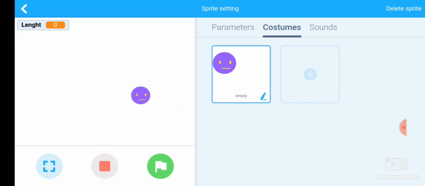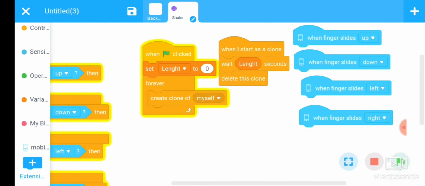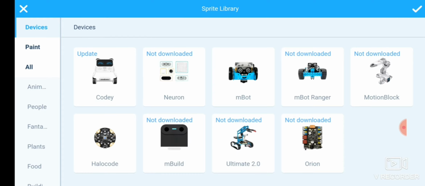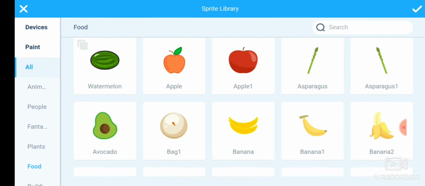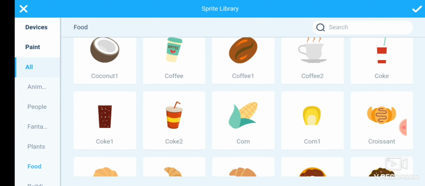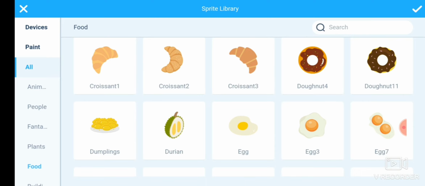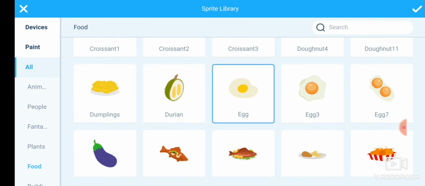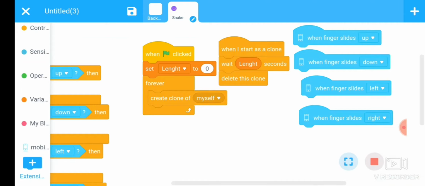Okay, for this there is a requirement of a food sprite. Then add another sprite here, that is the food sprite. Go to the food section. You can choose any food here. I will choose egg as food for the snake.